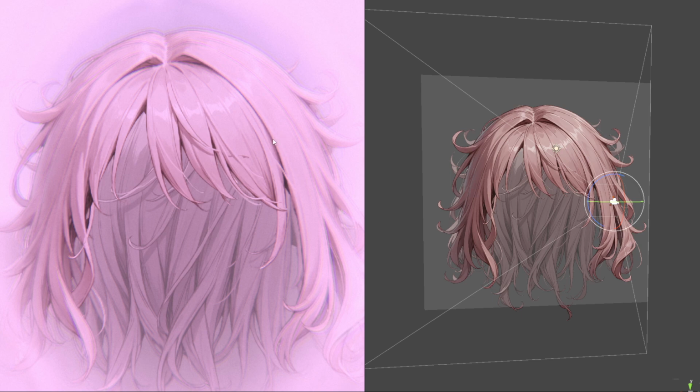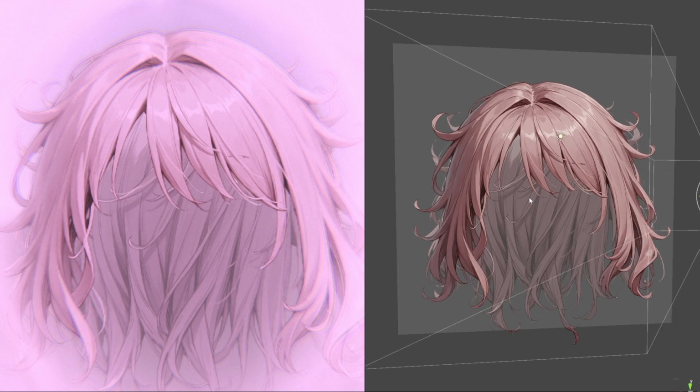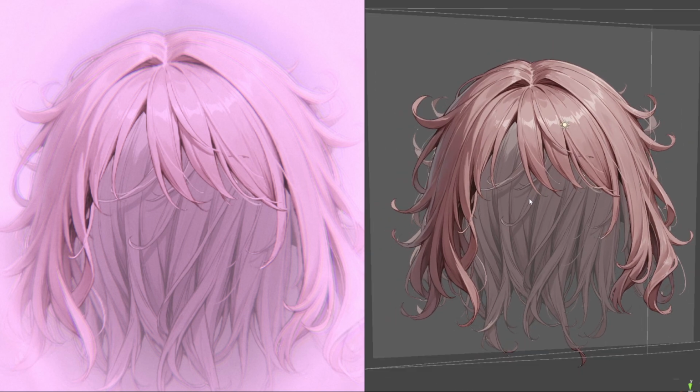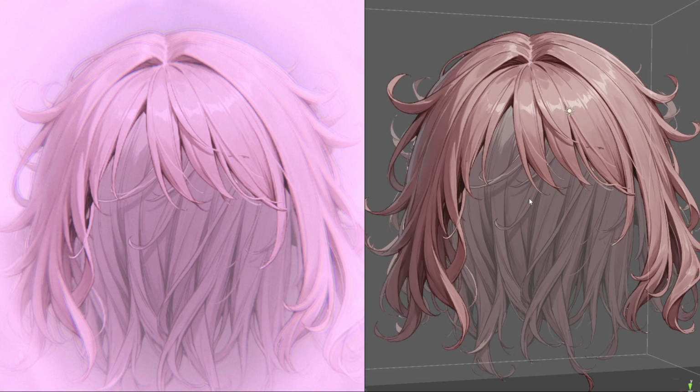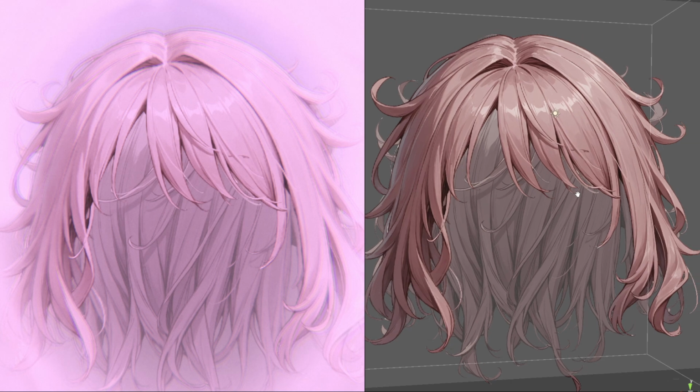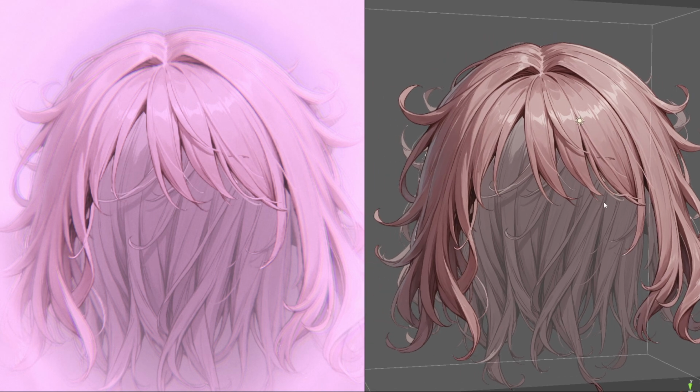Hey, I wanted to show you the progress on the character design. This is in Unity, and I kind of got some ideas from Live 2D, which is really cool, but I'm not very good at using it. So what I've done instead is I've used Stable Diffusion in Comfy UI to create a lot of textures,